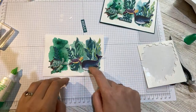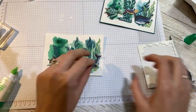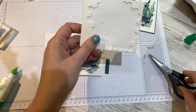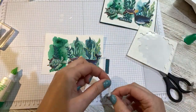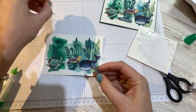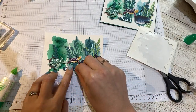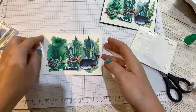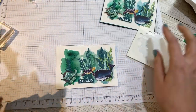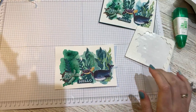Right, he's going that way. He or she. And then the hello down the bottom. I'm just going to use the edges to pop that on rather than using those. And I'll just go on there. And then I'm going to pop that onto a Pretty Peacock card base. And then we'll finish that card with some